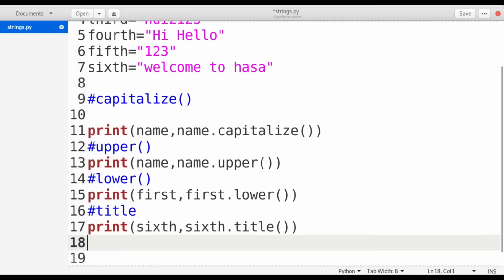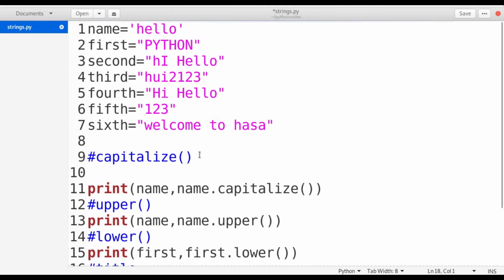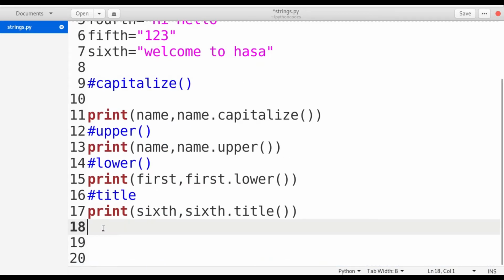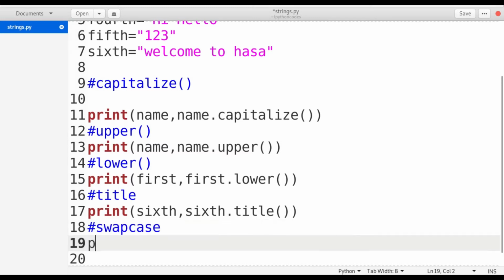Now I am applying swap case on the second variable. So print of swap case comma, sorry, now I am using the second variable: second comma second dot swap case.